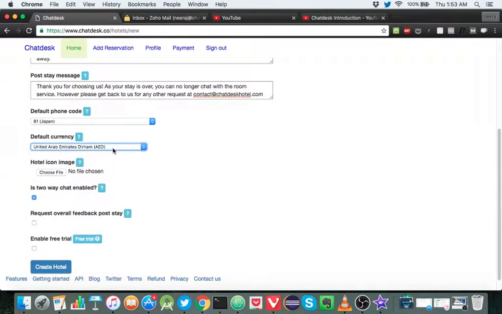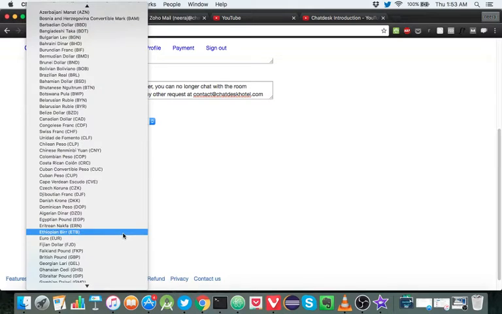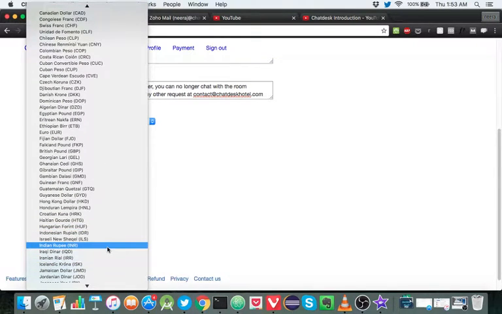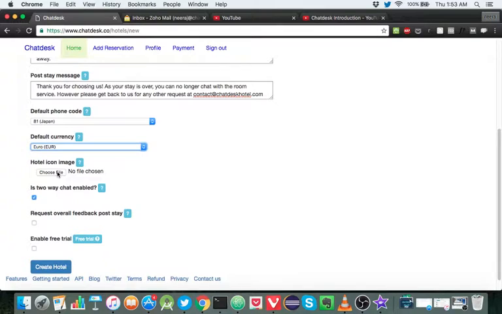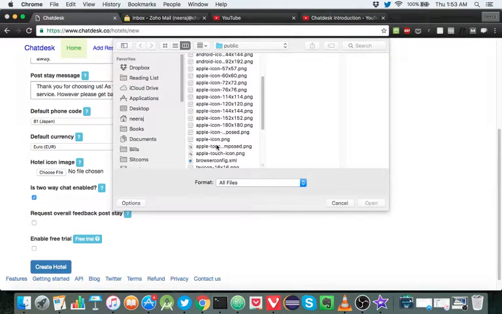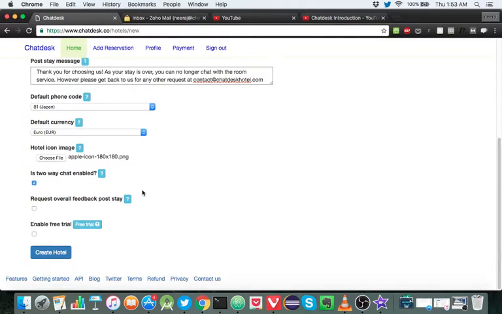Similarly, you can add items in the hotel. The default currency here will be automatically selected. You can add any currency actually. There's no limitation on adding a currency, but the default will be selected for you. Let's say I add euro. So an icon image helps in